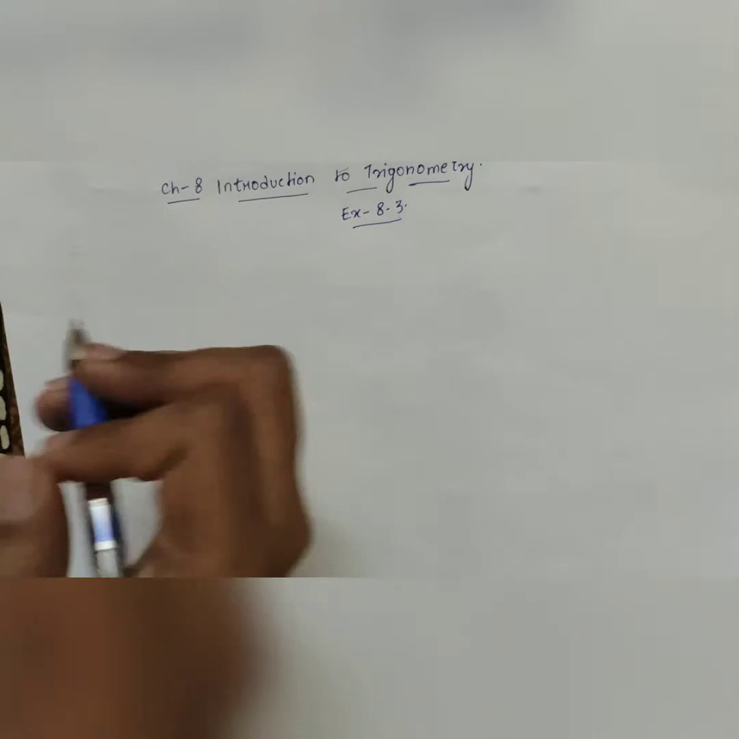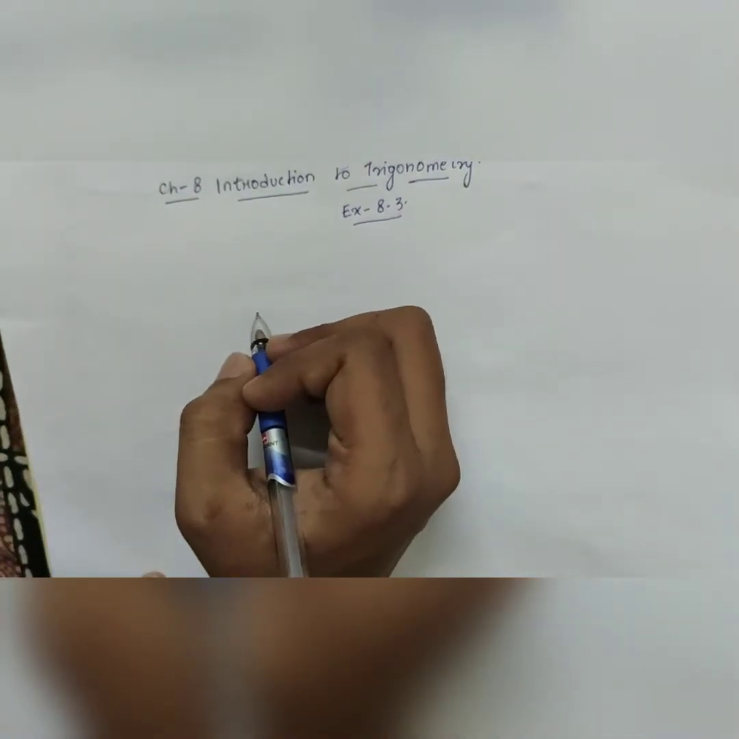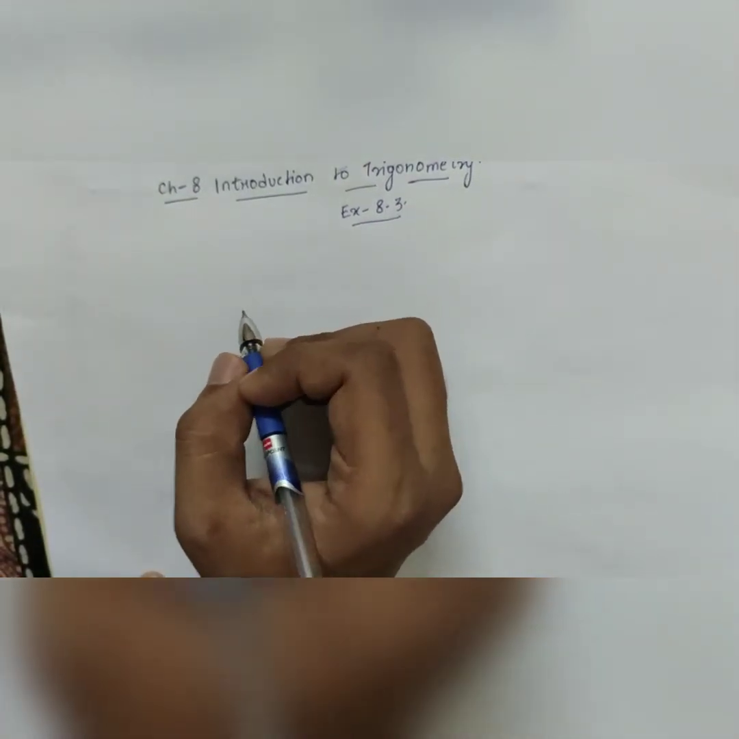So let's start exercise 8.3. Before starting the exercise, first let's see what is used in this exercise in order to understand it better. Most of the questions asked in exercise 8.3 are based on a simple identity, or the formula you can say: